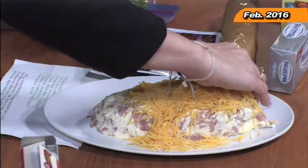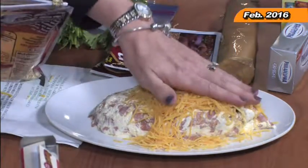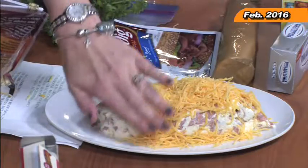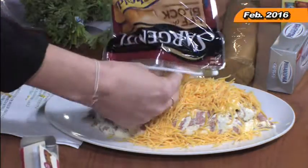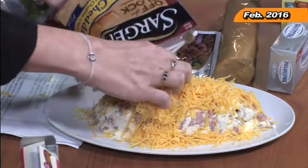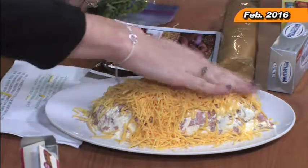You know how some cheese balls want you to save a little bit of the dried beef, and then you can put that over the cheese ball at the end. But I chose not to do this just because it sticks a little bit better to the cream cheese and not the beef. So